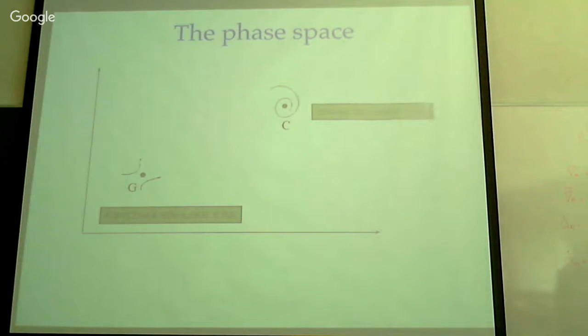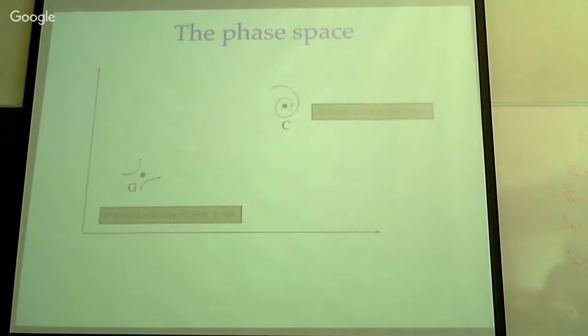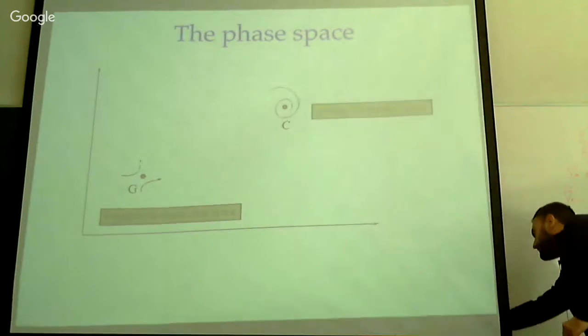So G is this one here. C is another power law that depends on the values of n. Let me call it like this. There are values of n which are close to 1, for which this is